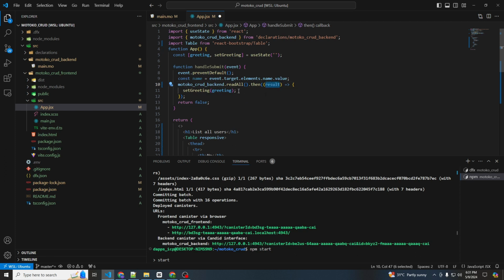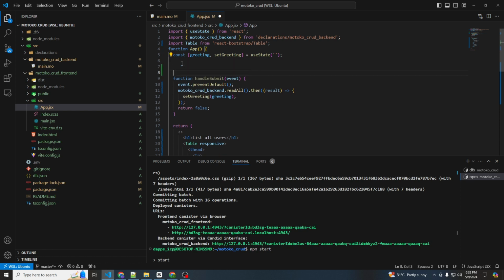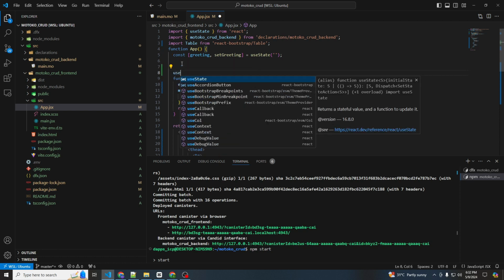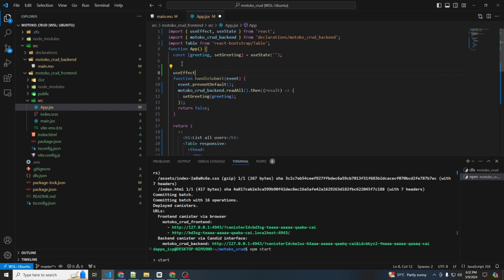And then this one we can delete. And then I think, oh no, we need to use the useEffect function. Then this one we just use the effect,